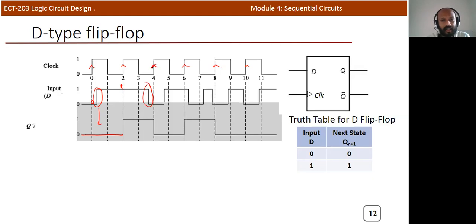And at instant 4, it will check the input, that is 0, so the output is changed to 0. At this particular instant, there is a change in input, but there is no change on the output. And again, at 6, you can see that the input is 1, so the output changes to 1. Again, you can see that there is a change from 1 to 0, 0 to 1, and again 1 to 0. But here you can see that the output is maintaining at 1. It's 1 because there is no rising edge, so it will not change the output.